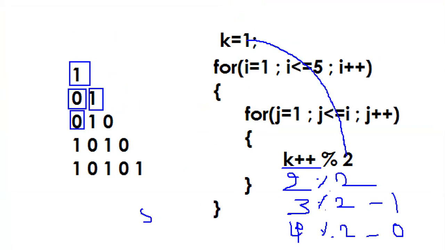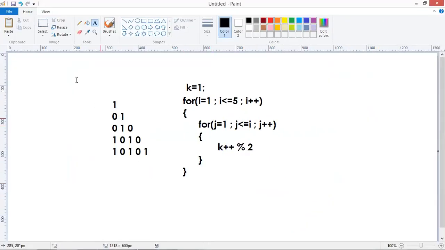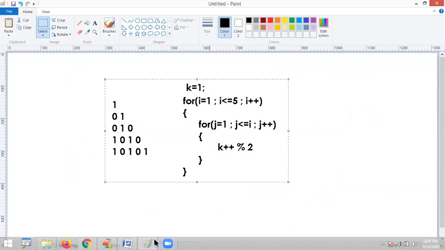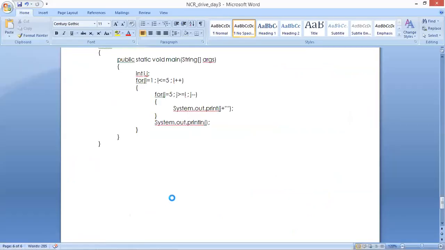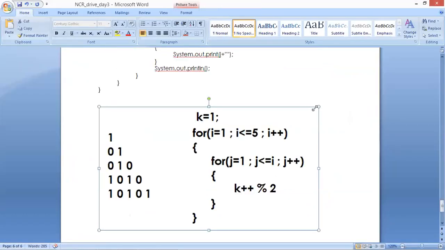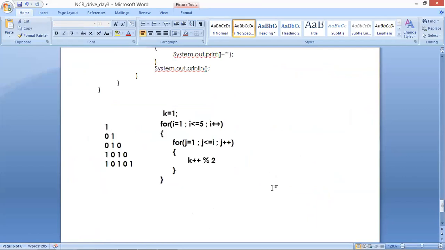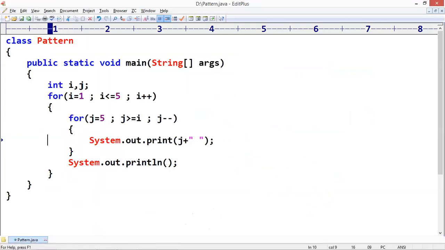Next 5, 5 mod 2 is 1. 6 mod 2 is 0. 7 mod 2 is 1. 8 mod 2 is 0. 9 mod 2 is 1. 10 mod 2 is 0. 11 mod 2 is 1. 12 mod 2 is 0, like this. So here we take one extra variable that is continuously increasing and print the result of the mod operator with 2.